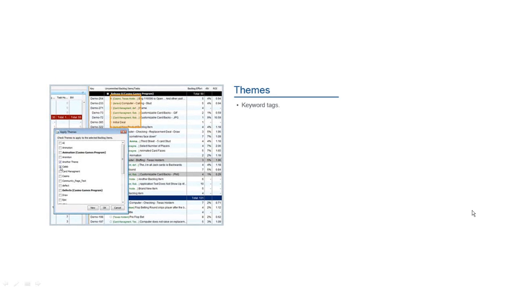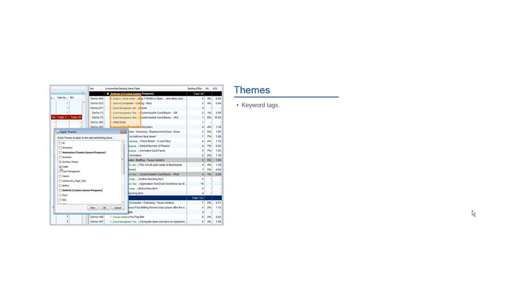A core component of work item organization and report flexibility in ScrumWorks Pro is a feature called themes. Themes are effectively keyword tags that can be created and applied to work items. You can see them here in the product backlog